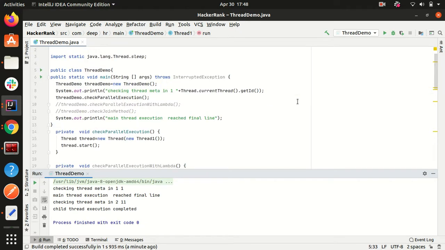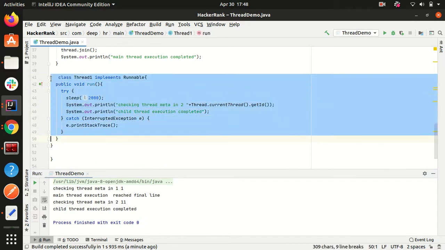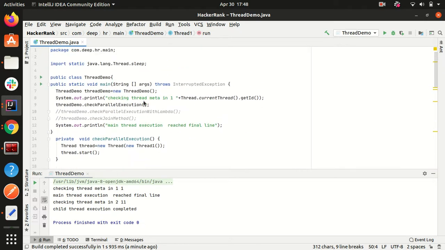Now, as you saw, if you have to create a thread you have to create a new class and then implement the run method. Every time you need to create a thread in an enterprise application, you can't go and create a new class; you would have an overflow of classes. So the better way is to create a Runnable using a lambda. To do that we will check the next execution.